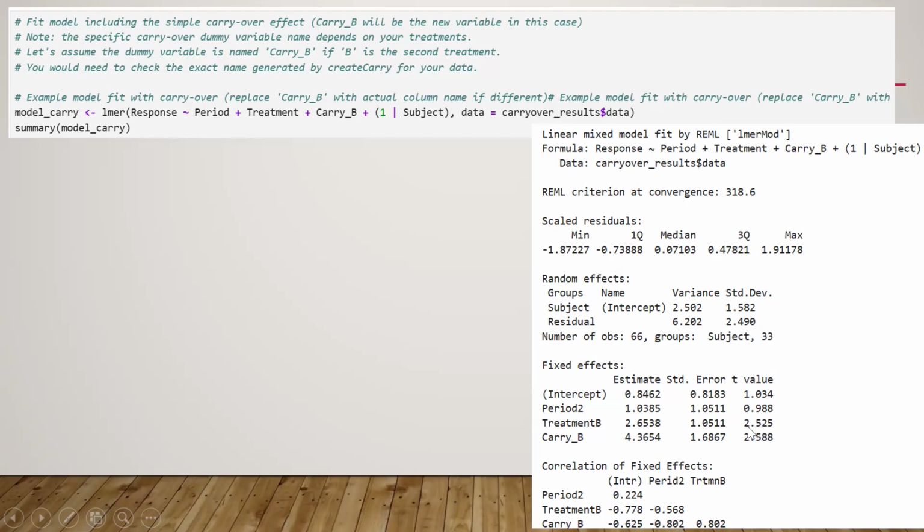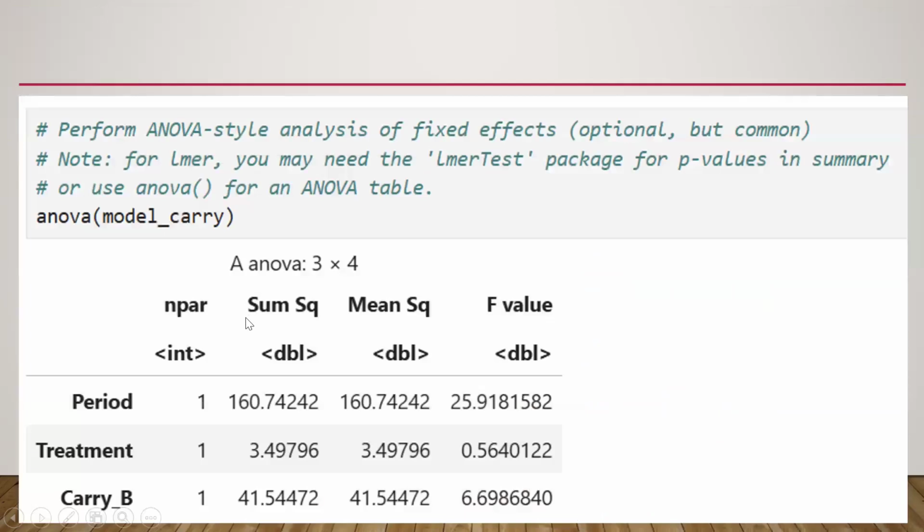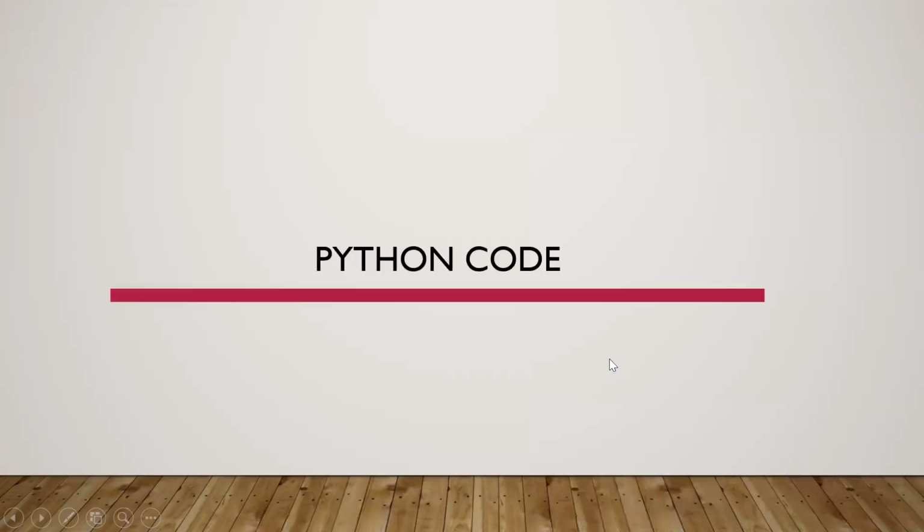Although the t-test is also significant for treatment, we can see that the correlation is higher between various variables, which may result in spuriously high coefficients for the various variables. But ANOVA will give the true results. So for ANOVA, we found that the result is significant for the period effect and the carryover effect. It is not significant for the treatment effect.